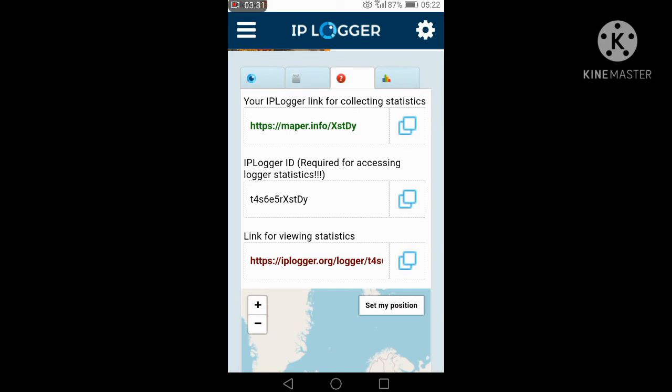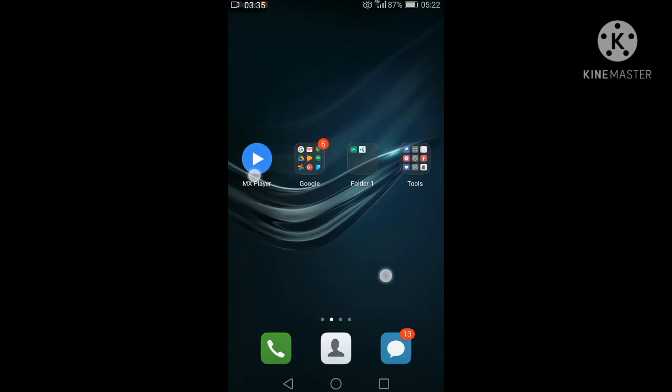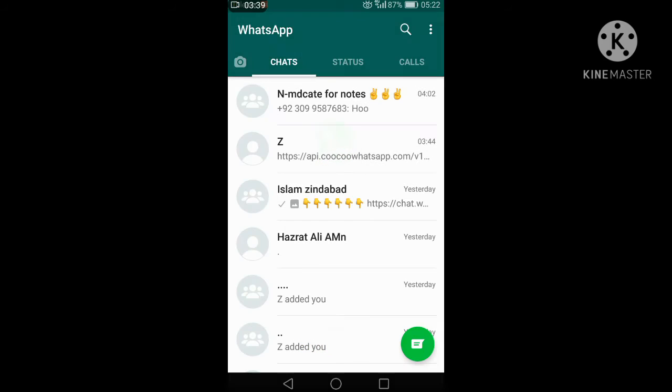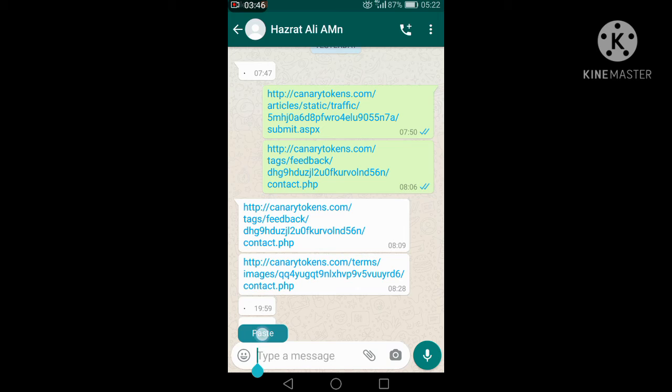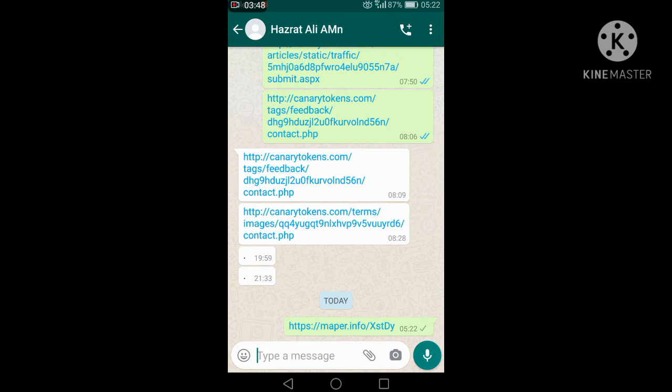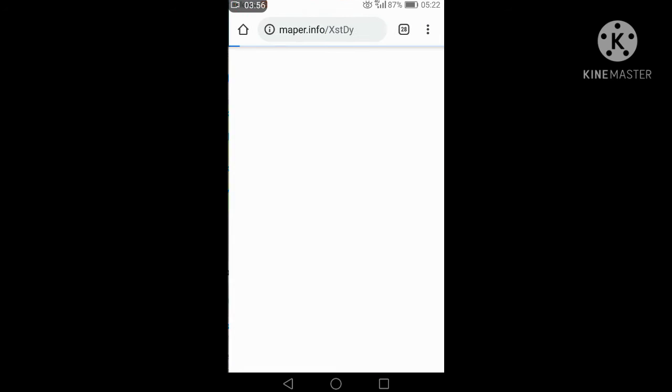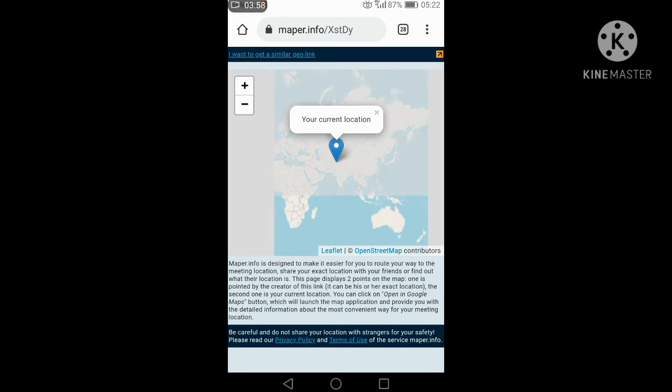If you share this link with any person on WhatsApp, Instagram, any messaging platform, or email, and they click on this image, you will see their location. So I share it on WhatsApp, and I click on this link.